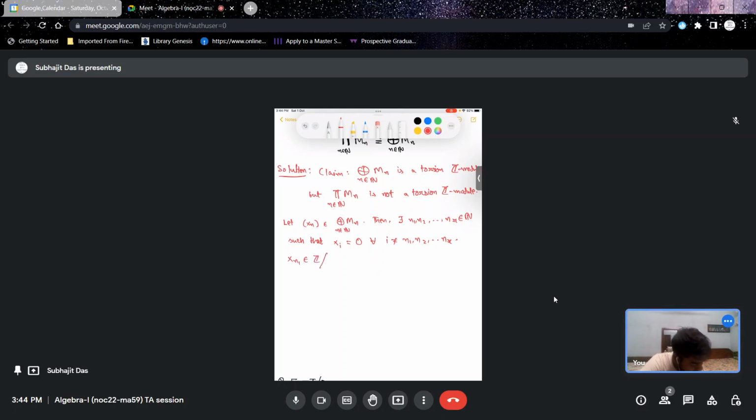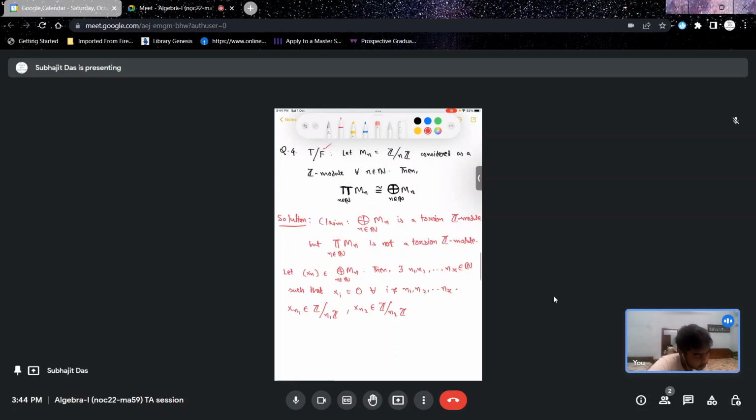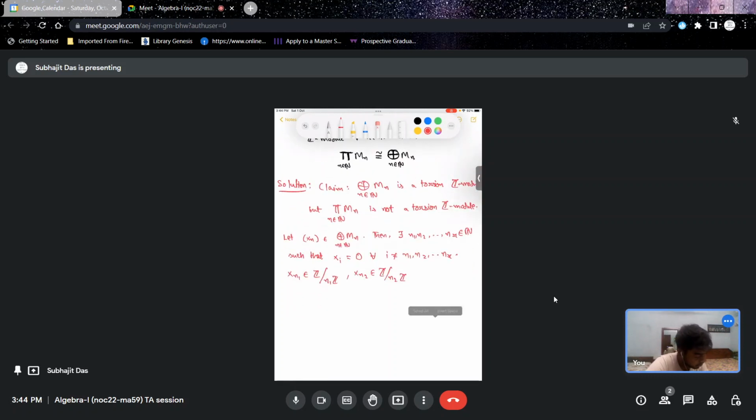These are elements where x_{n1} is in M_{n1}, that is Z mod n1 Z, right? x_{n2} is in Z mod n2 Z, precisely how M_n was defined. And so on, until we arrive ultimately at x_{nr}, which is in Z mod nr Z, right? So let little m be the LCM, the least common multiple, of n1, n2, up to nr. Okay, then